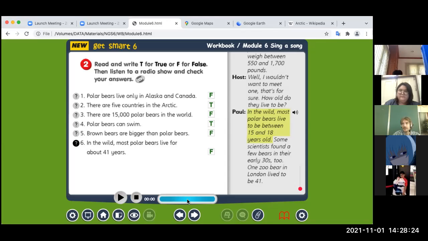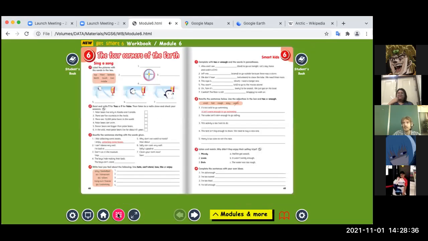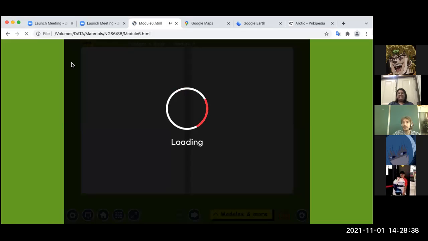Okay, it's false, because that special one can live for 41 years, but most of them do not. We are talking about most of them. Okay, so let's look back to the student book and we'll look